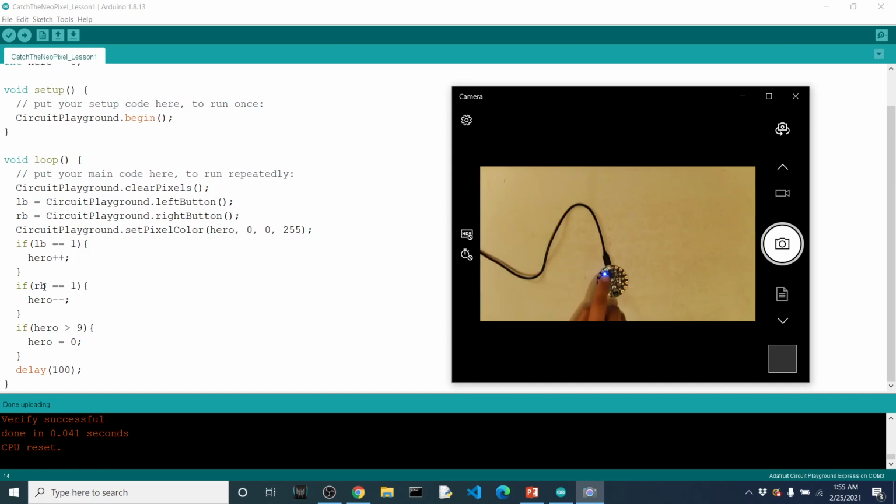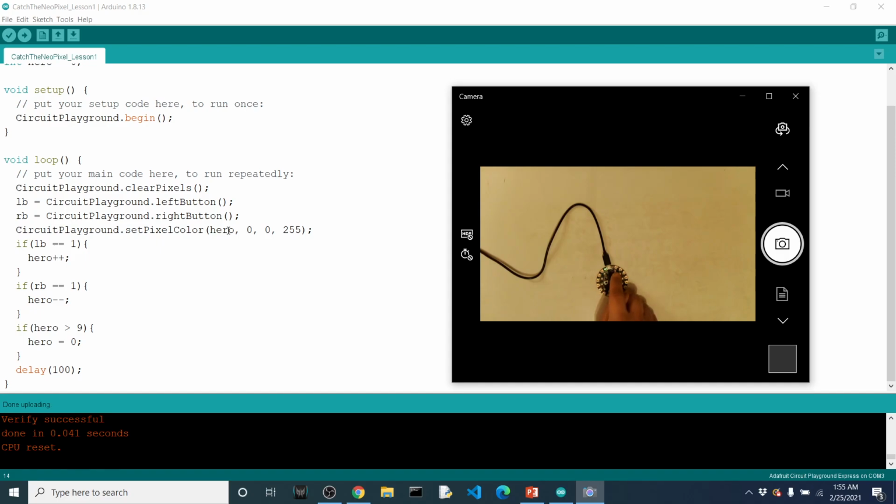What happens when we get to 0 and I subtract 1 more? Now we get a -1. Now a -1 is not an appropriate value for our set pixel color. And you'll see we run into a similar situation where it goes away. And that's because the value of hero is now -1. Our logic then should lead us to say, okay, if we're at 0 and I decrease 1 more, I want